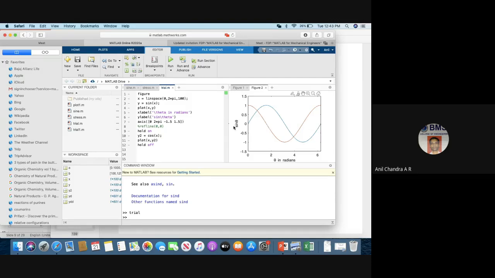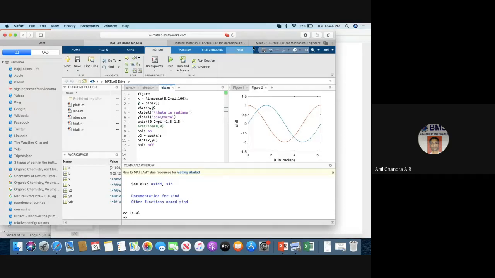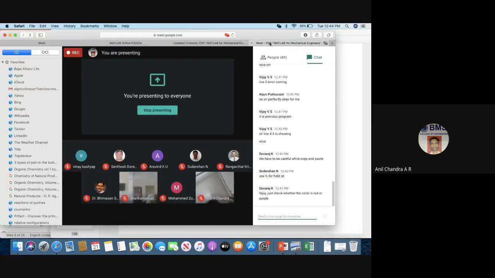Okay, but one thing you must understand here is I have not defined the colors of the line. By default, it will take blue, and subsequently it will change the color. Okay, so that is about it. I hope people have tried this and got the plots. No issues with that. I'll move on.